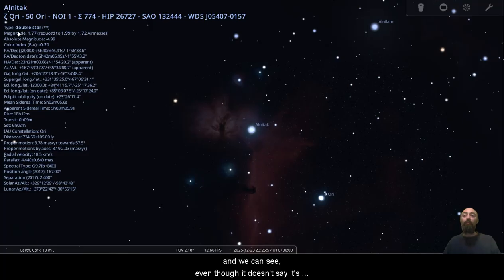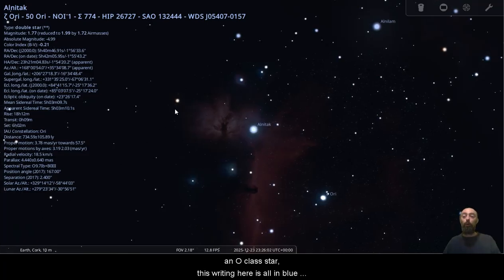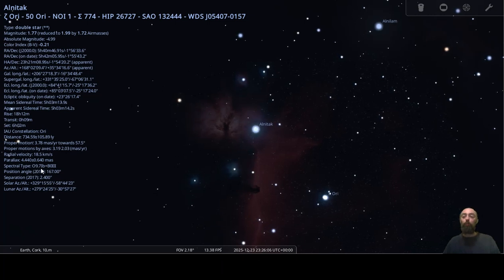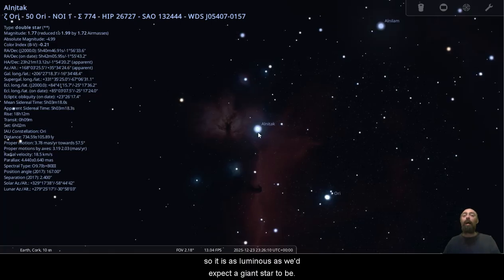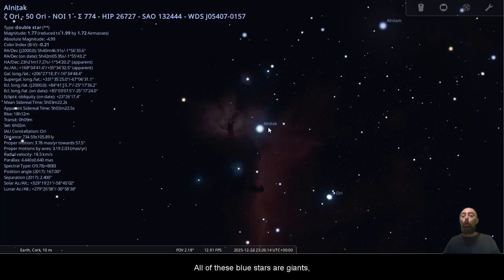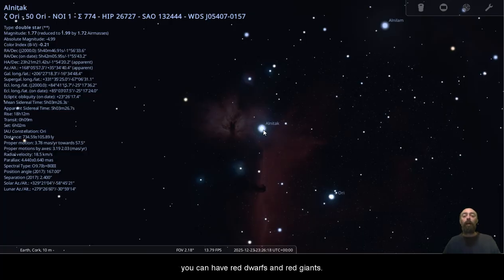And we can see, even though it doesn't say it's an O class star, this writing here is all in blue because it is, oh, here we go, spectral type O 9.7 1b. The 1b here is to do with its size, so it is as luminous as we'd expect a giant star to be. All of these blue stars are giants,